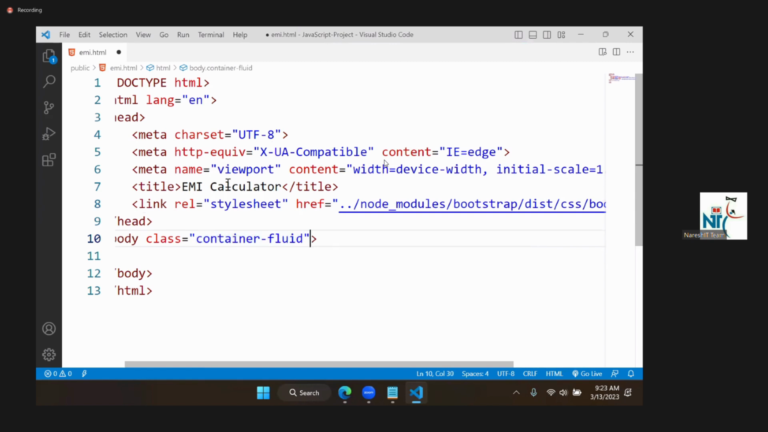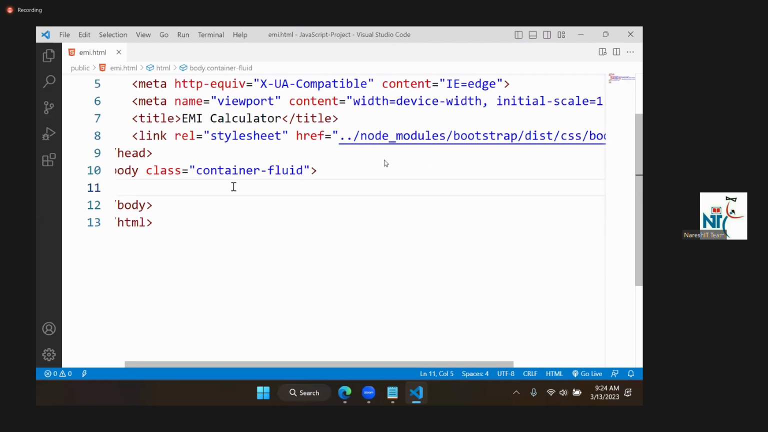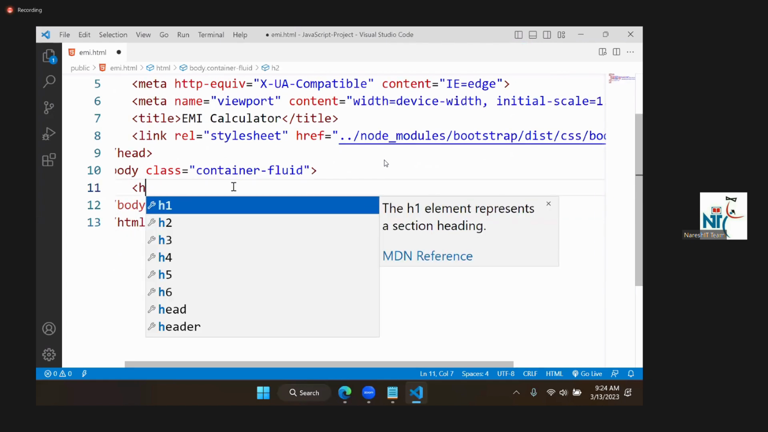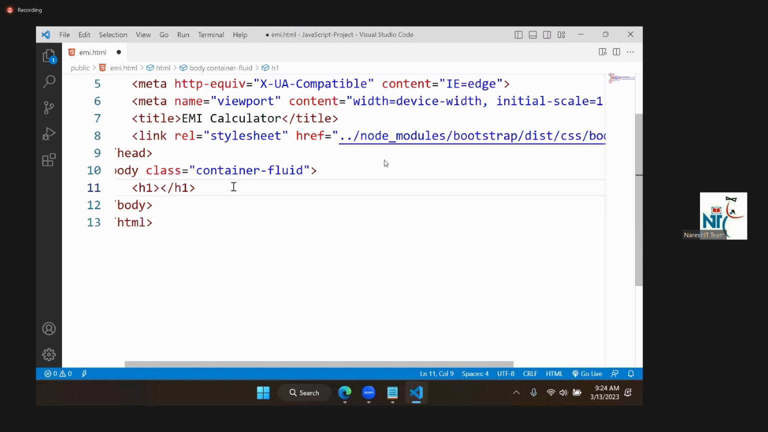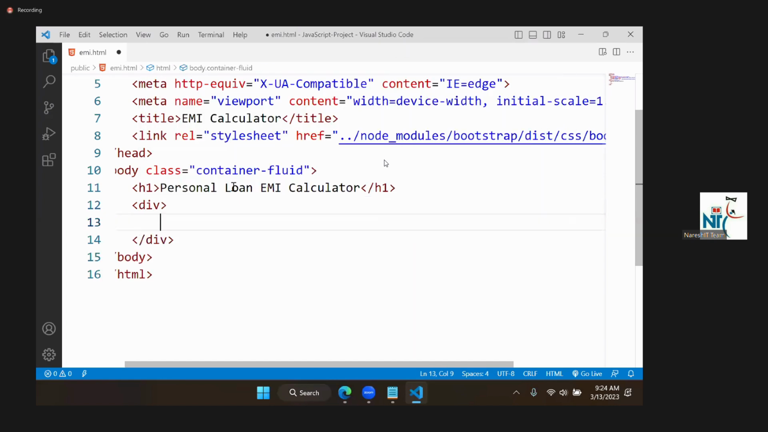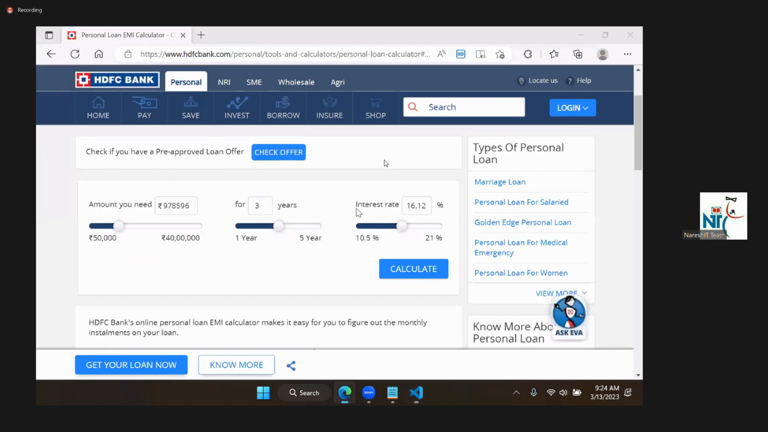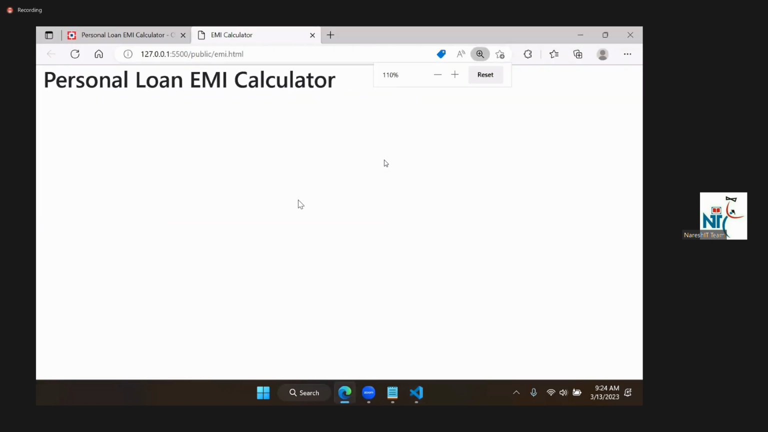Okay. And see here we need the design. Let's keep a heading. So here, personal loan EMI calculator. Okay, and let's create a container. Now in this container, so this is the personal loan calculator. And in this, we need to create